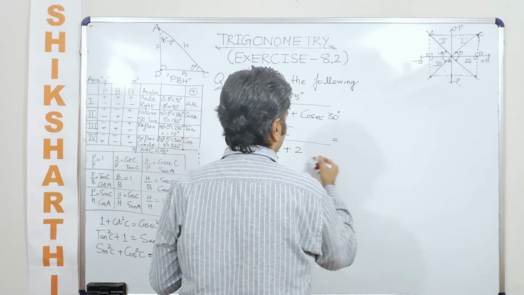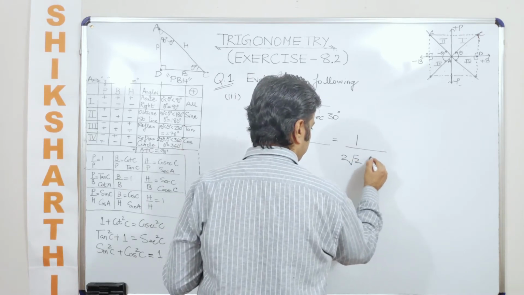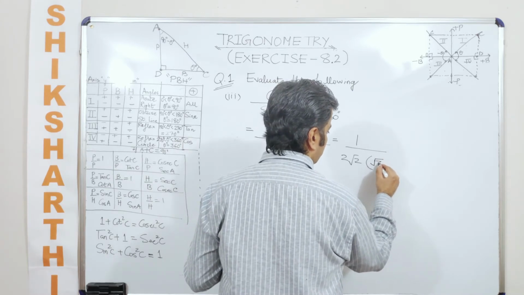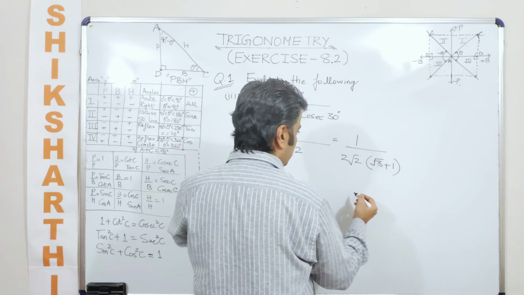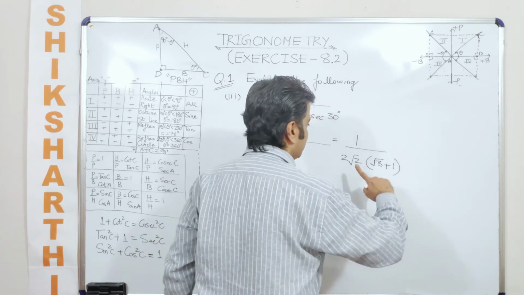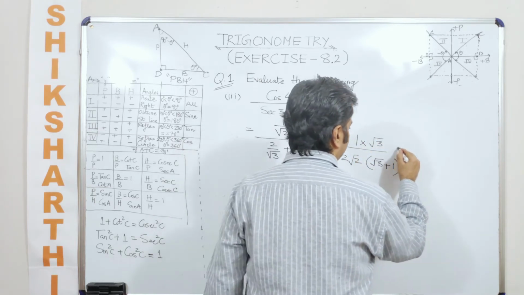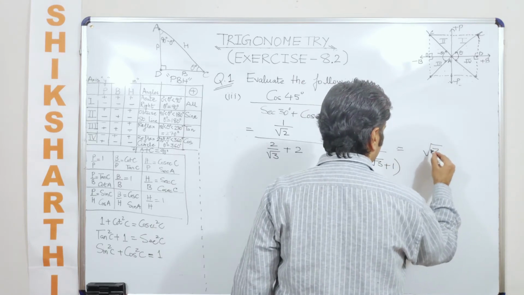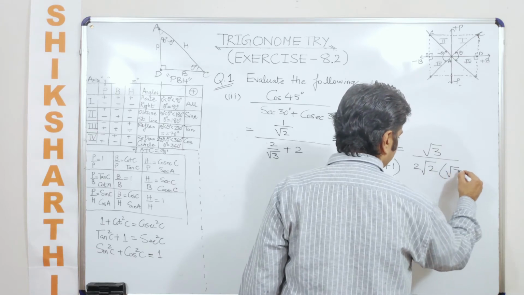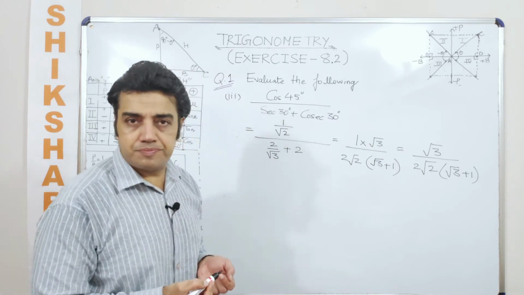So now, can I say this is nothing but 1 divided by 2 root 2? Now this 2 I can take as common. So further I can say root 3 plus 1 divided by root 3. So now I have a numerator, a denominator further divided by a denominator, so that goes in the numerator, which is just like saying this. Now after this, can I finally write it like this? So there is a choice here now. Either I leave the answer as it is, or I should know how to rationalize the denominator.